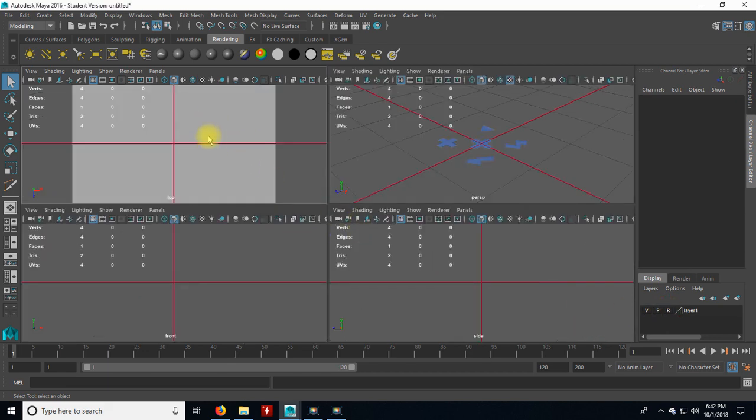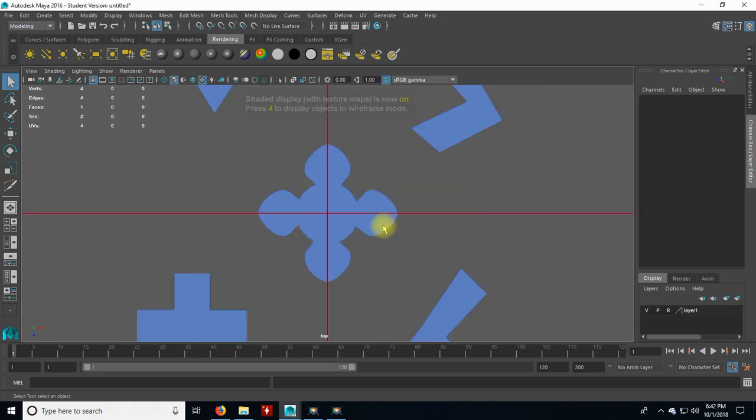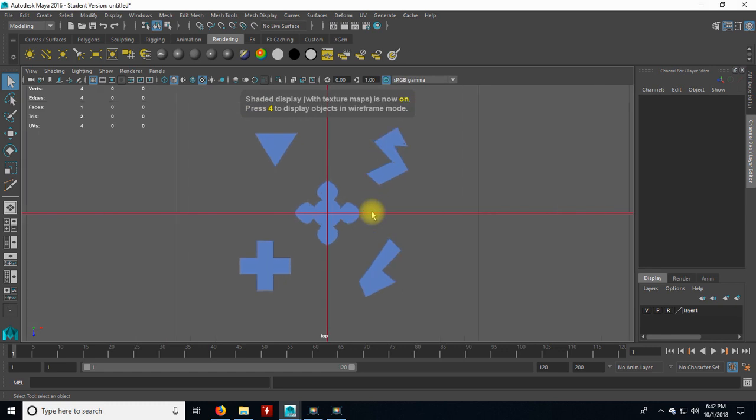Just hover my mouse over. Again, if you can't find your top view, you can always hit this 4 view over here. It'll split this up for you. And then spacebar lets you go back in. 6 brings up my display again. And here I am. I have my starting point for my basic shape, or my more advanced shapes, I should